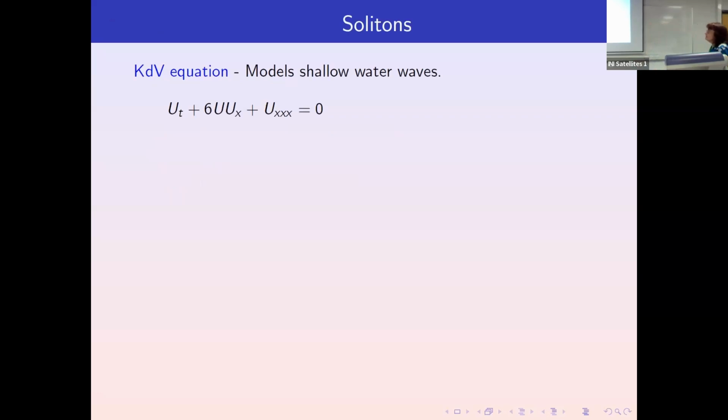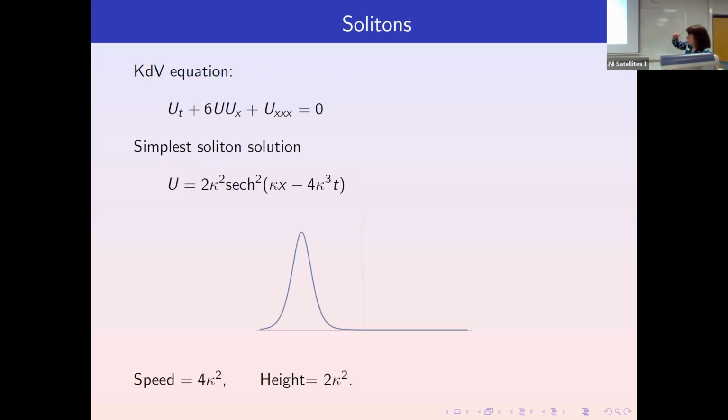Okay, so here's your KdV equation, which I'm guessing everyone knows something of. It models shallow water equations. The typical solution is a sech squared, the Soliton solution. So this is a single soliton. And as with practically all the soliton equations, the higher solutions with a larger height go at a faster speed. That's very typical here. The speed of this solution is 4 kappa squared, and it's got a height of 2 kappa squared. So we can just move the solution along, it moves at constant speed.